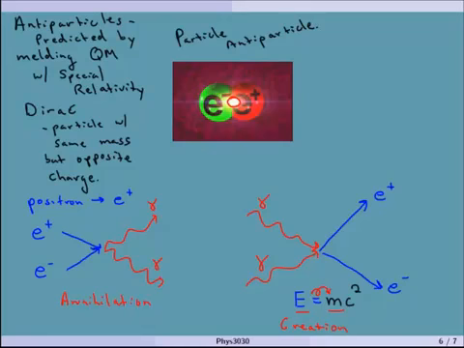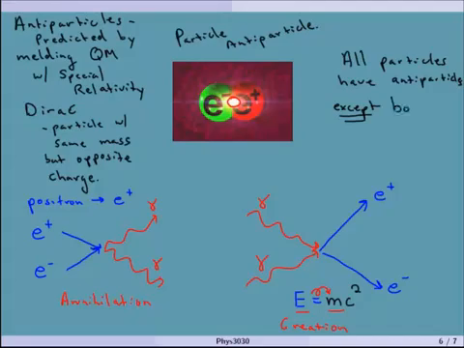Okay, and all of those particles that I showed have antiparticles. So there's antiquarks and things like that, except, this is really important if you haven't guessed, except the bosons, except those intermediate bosons. And those don't have antiparticles. Okay, so it's all of the things that sort of make up the matter, not the ones that are exchanged in between. Okay, and I think that's all we need to talk about really for